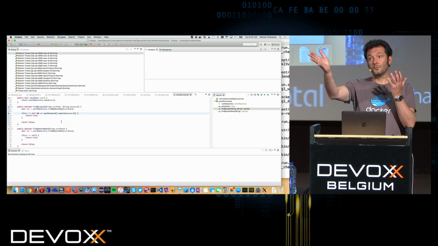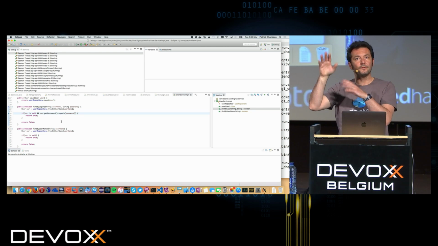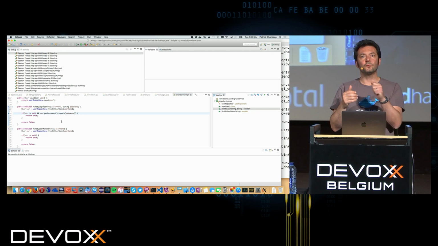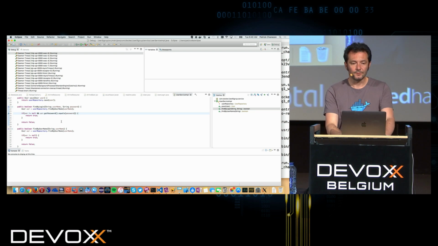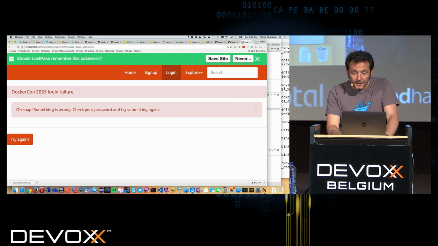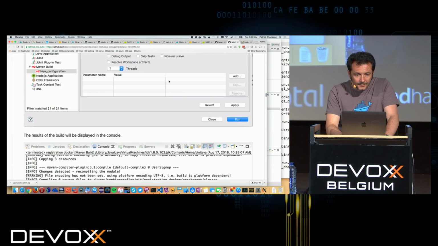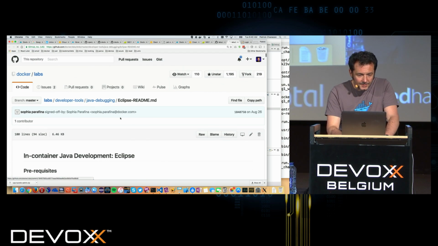You just debug a remote application that's in your container, using Compose for setting up all the environment and mounting a volume where your generated classes are, is the way to go for that. And so there are instructions in the labs, if you go up, for Java debugging.